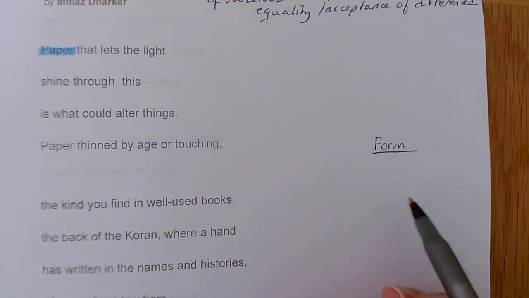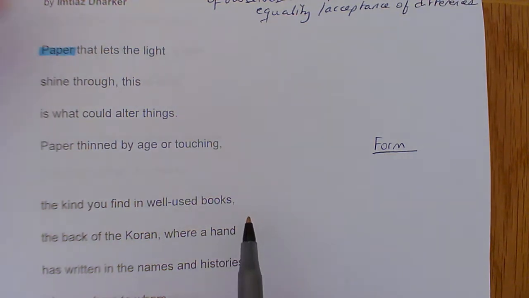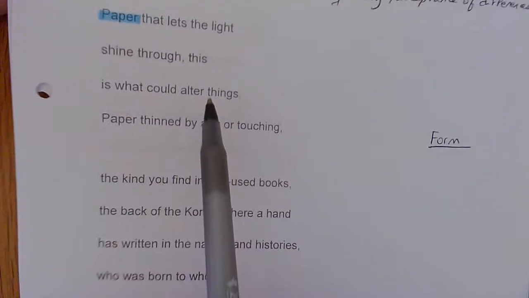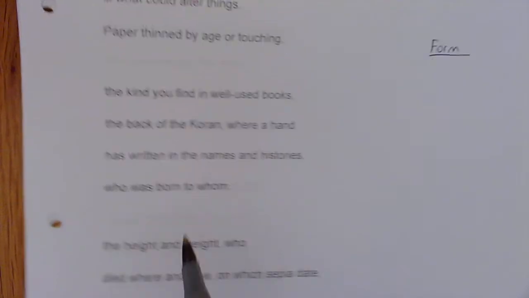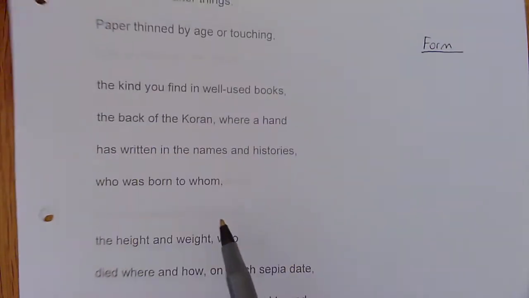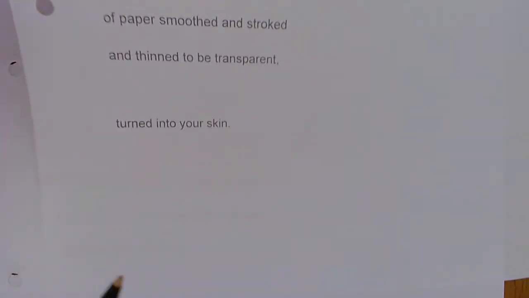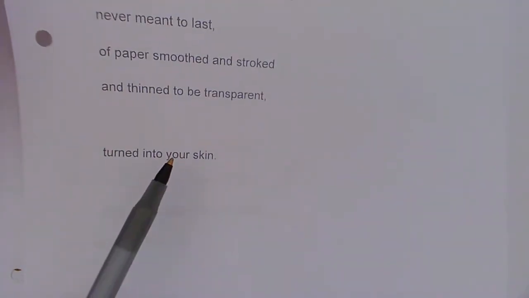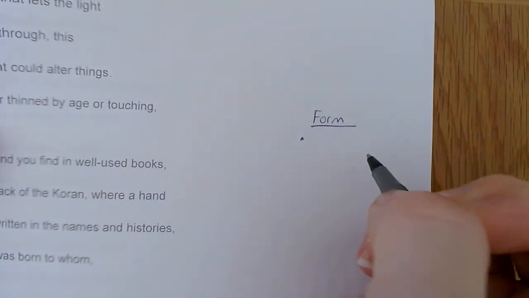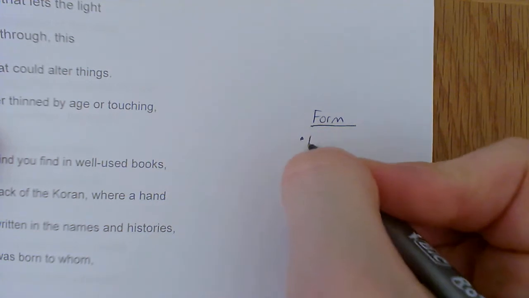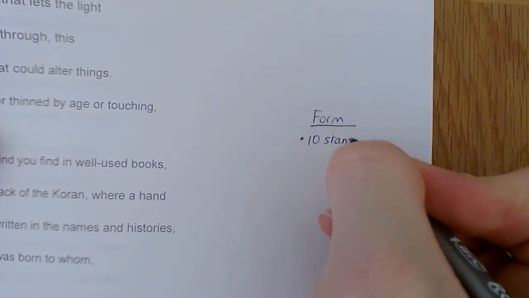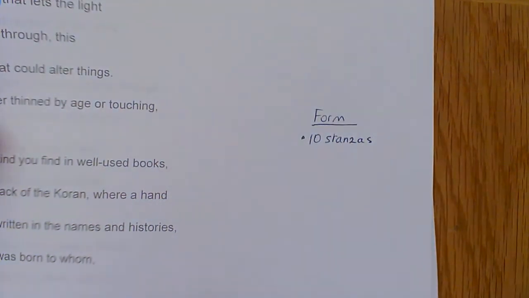So, the form of this poem is really obvious, okay? What you're noticing is, you're noticing 4 lines in each stanza all the way through until you get to the bottom. And then this 10th stanza has only 1 line. So we're going to talk about that definitely. So we're going to talk about the form. And we counted, and we say 10 stanzas. And it can be relatively mathematical when we deal with this.